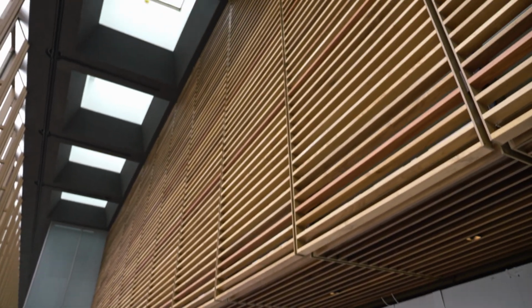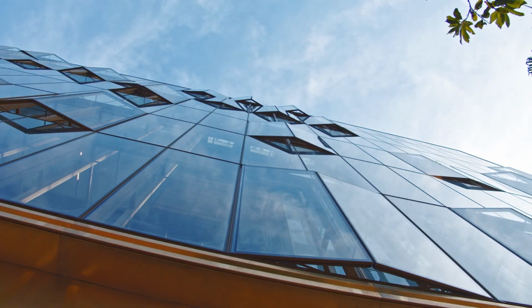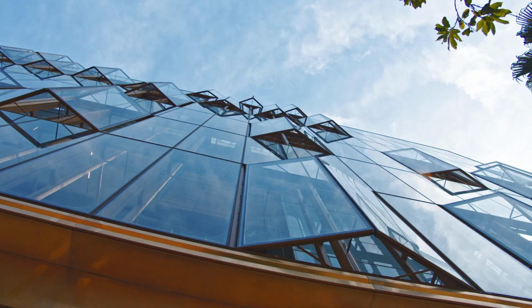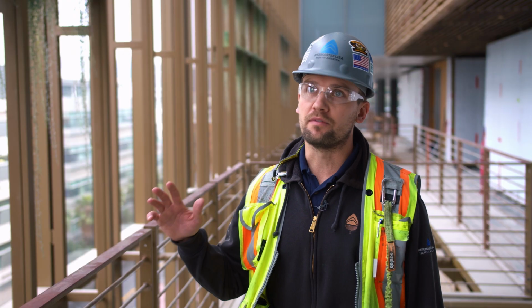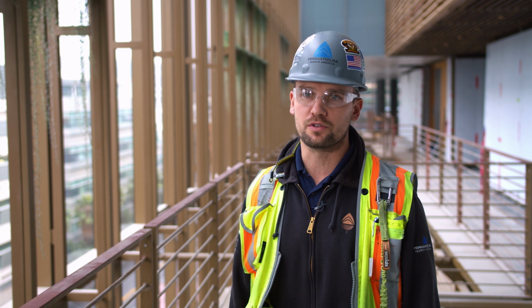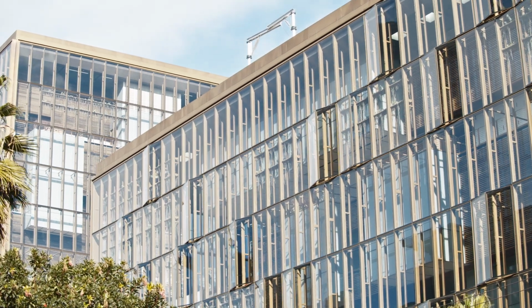What they've designed is basically a steel structure that hangs down from the roof line. There are operable windows on the outside that vent the atrium space to allow free flow ventilation coming in from the exterior. There's also skylights up at the roof line that vent up. Once the climate gets to a certain point, it triggers operables to open, skylights to open, gets fresh air into